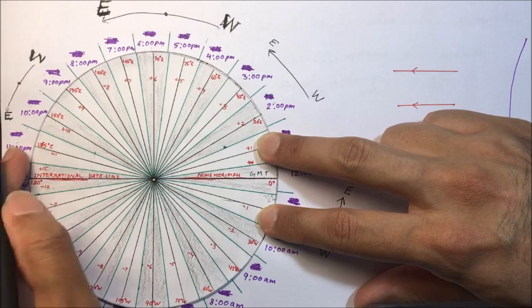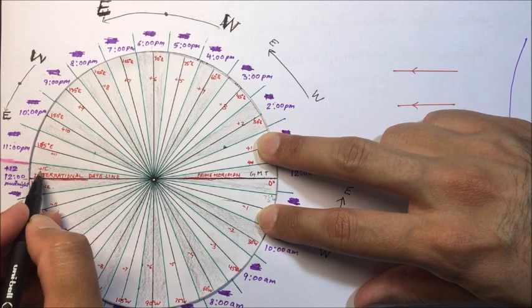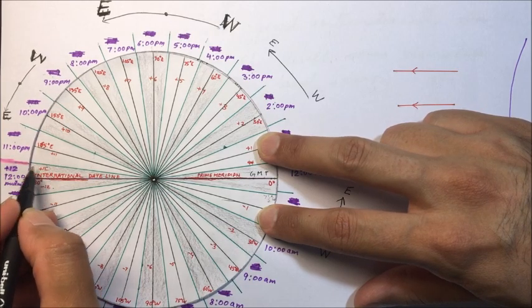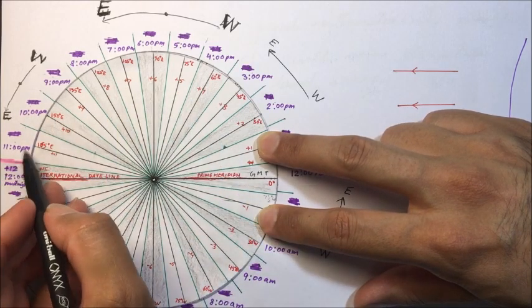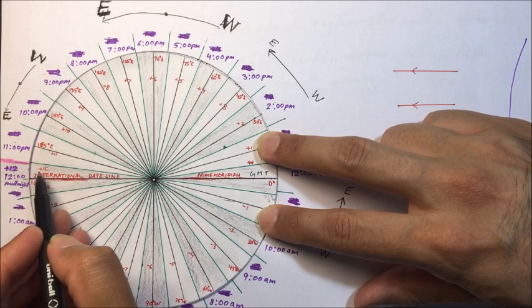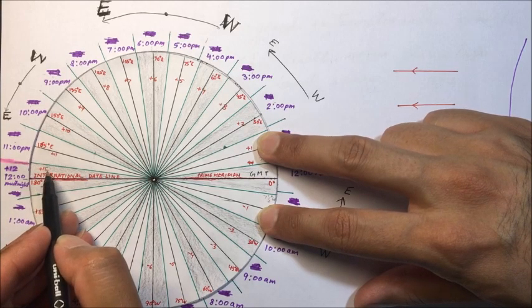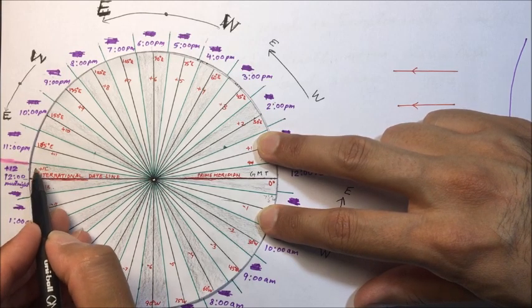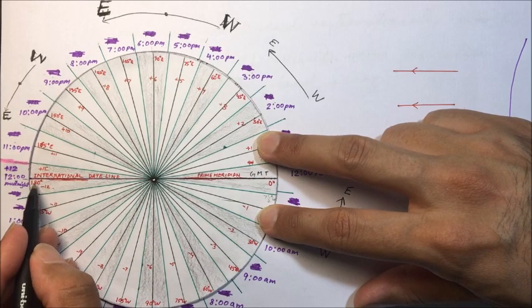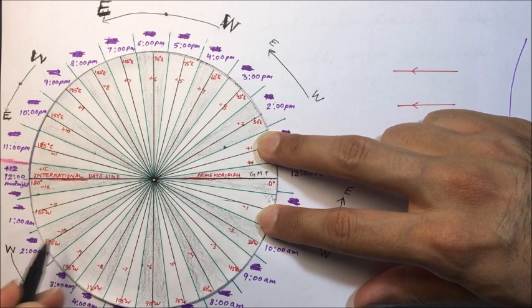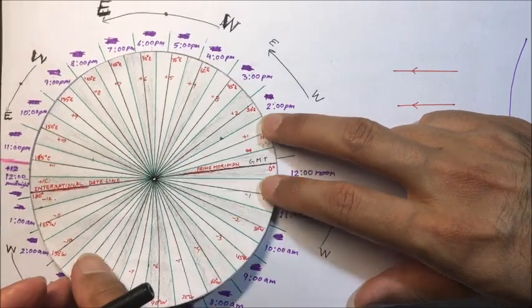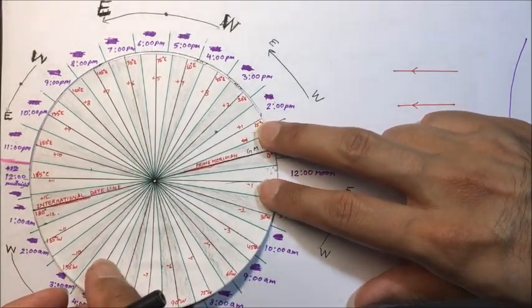On this side we have 12 midnight of Tuesday, that is, Tuesday is about to end here, because see here it is 11 p.m. of Tuesday, here it is 12 at night, midnight, and it is about to end. On this side Tuesday has just started. It is 1 a.m. of Tuesday, 2 a.m. of Tuesday, and after 1 hour it will be here.